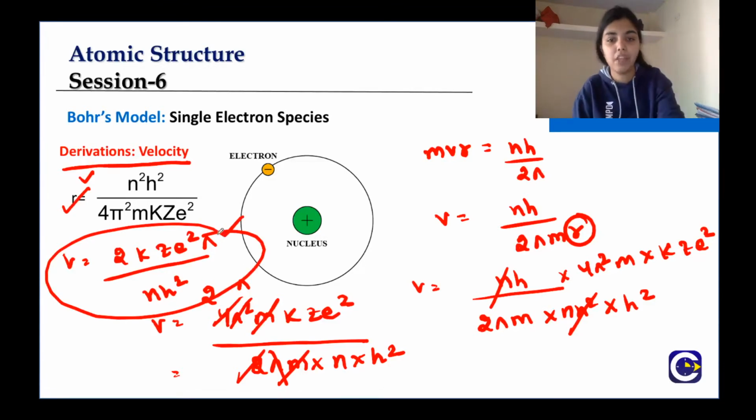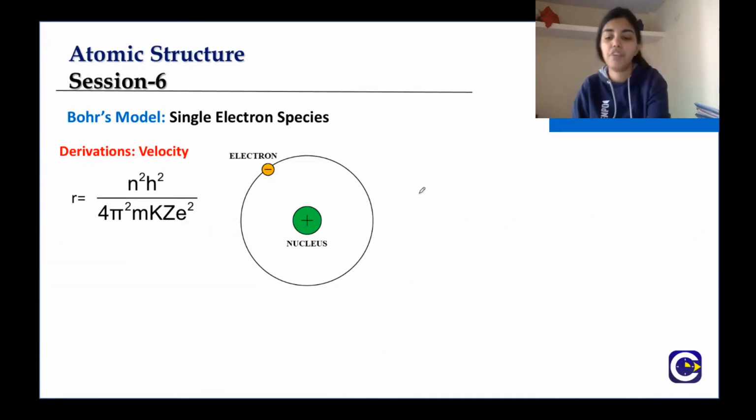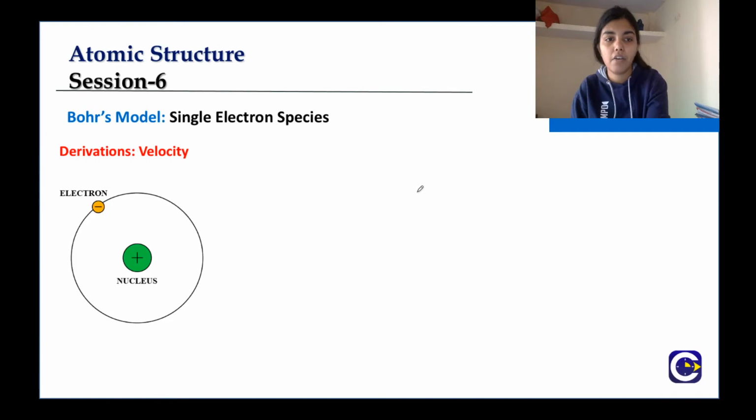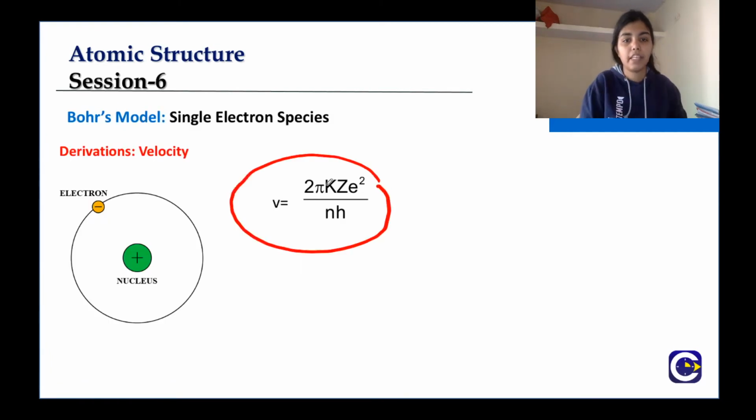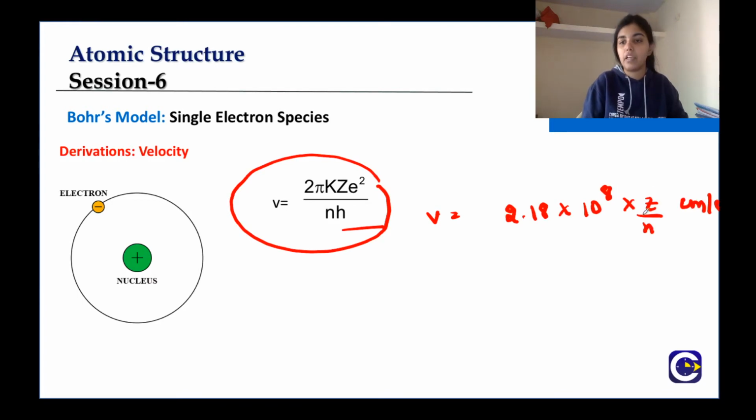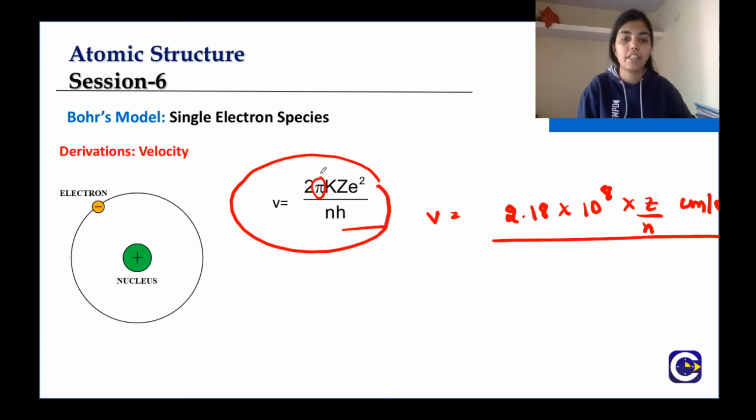Ultimately, putting the values, you need to learn the final formula for the velocity. Velocity will come out to be 2 pi kze square divided by nh, that we have already done. So the formula will be equal to 2.18 into 10 raised to the power 8 into z by n centimeter per second. This you need to remember, the final formula, right? Putting the value of pi as 3.14, k as 9 into 10 raised to the power 9, z as 1